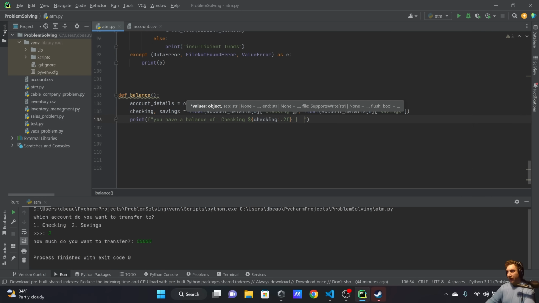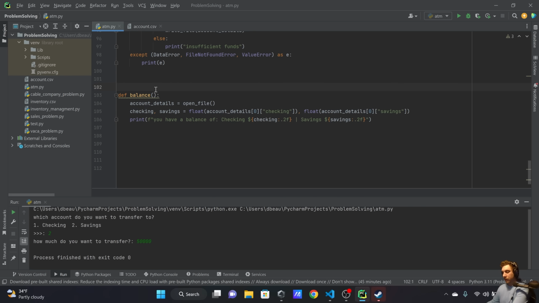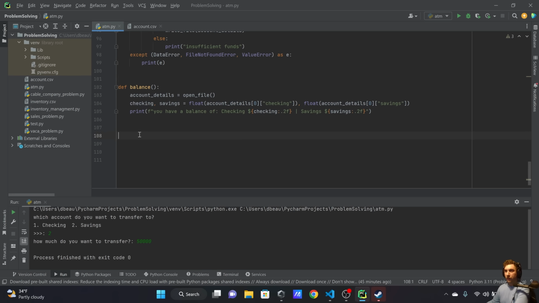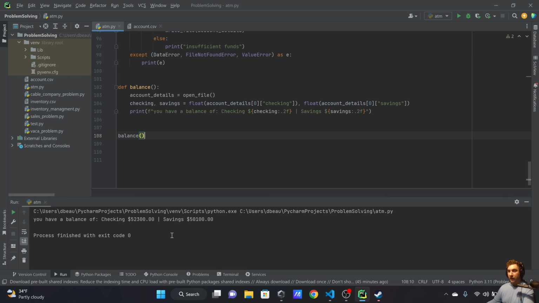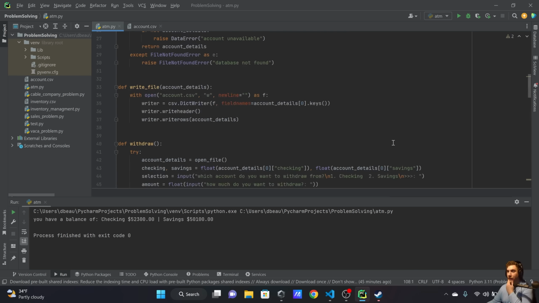Let's just do one space. And then we'll say savings. We'll put a $, curlies, and then we pass in savings, colon dot 2f. And this should work. I'm going to try it out. So let's call the function balance, run it. Yep. Works perfect. All right. This is like done already. Okay. Now what we want to do